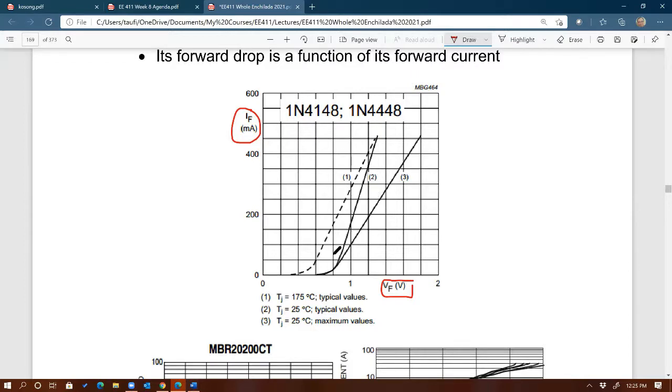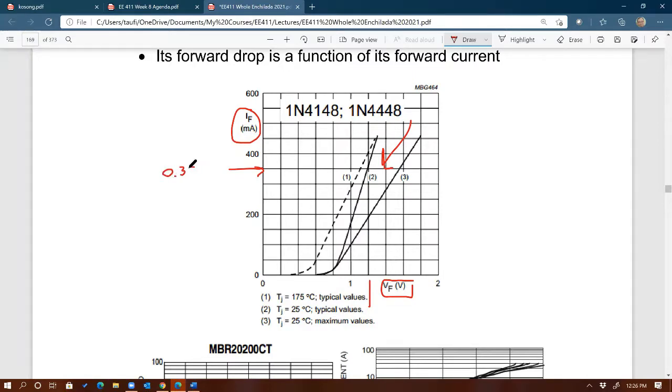For example, I think that's 3 different temperatures. Yes, it is. So let's look at number 2 as an example. Let's say the diode is carrying 1.2 amps. Oh, 1.2 volts, sorry. Let's look at amperage, not voltage. My bad. So let's say the diode is carrying, what is this point right there? 350 milliamps, let's just say, so 0.35